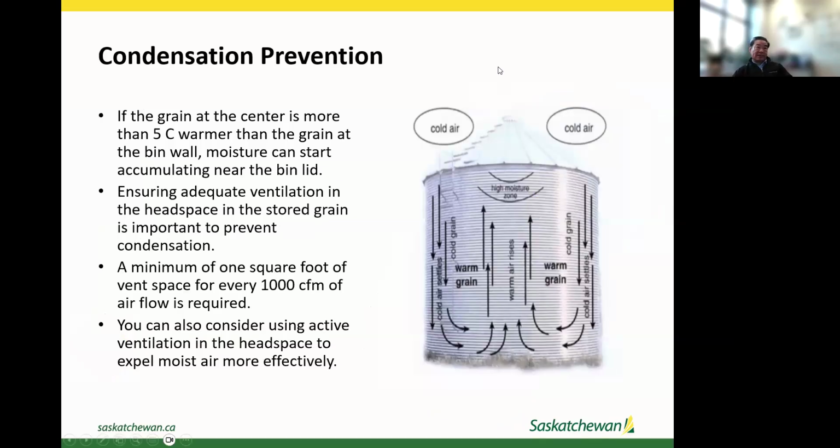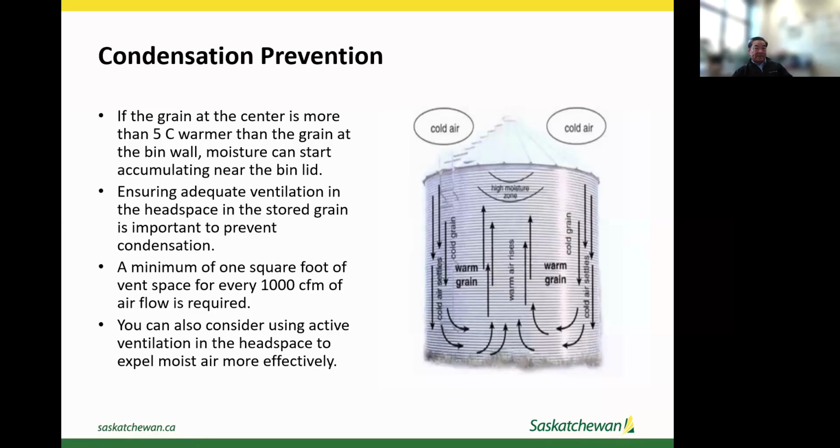Condensation prevention: if the grain at the center is more than 5 degrees warmer than the grain at the bin wall, moisture may start to accumulate near the bin walls, particularly on cold nights. Ensuring adequate ventilation in the headspace of the storage bin is important to prevent condensation. A minimum of